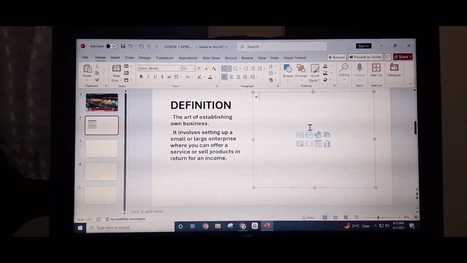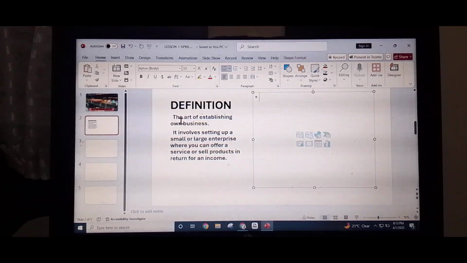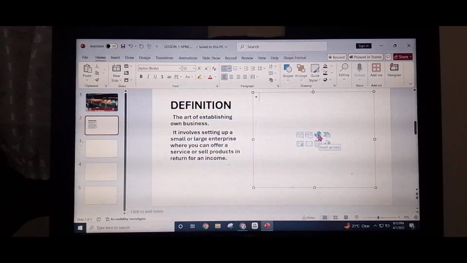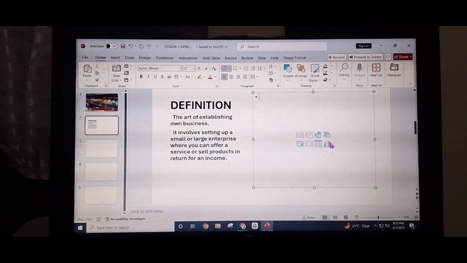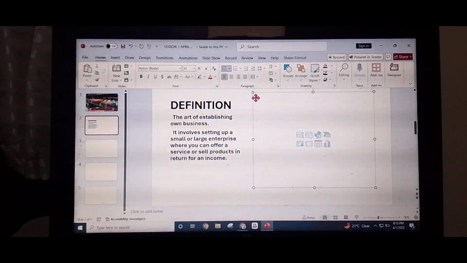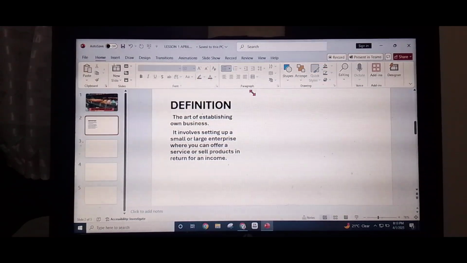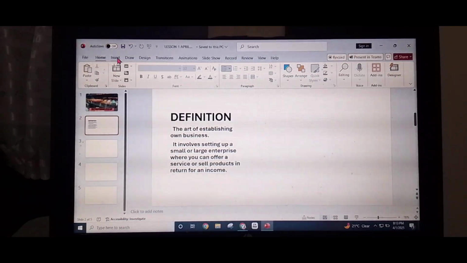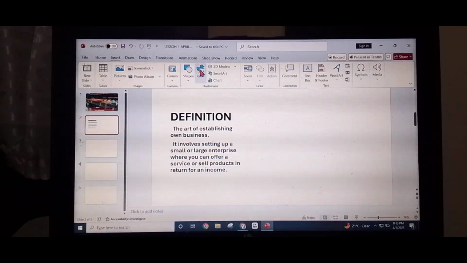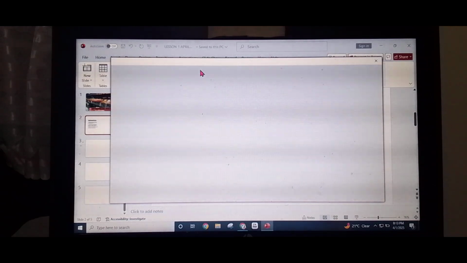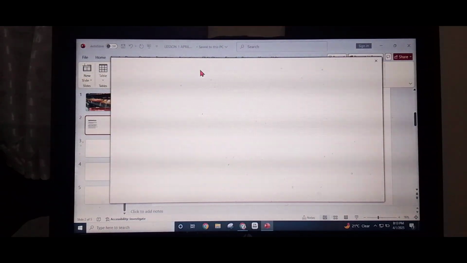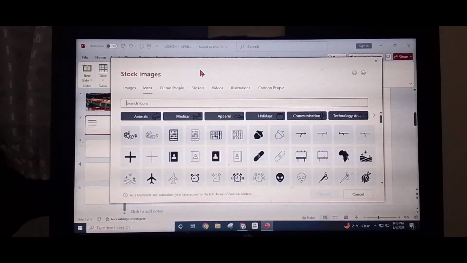So next I need to insert a picture that shows somebody carrying out entrepreneurship. So I'll click on these pictures. You have different pictures and icons. For now we can try icon. In case you didn't have these options, let me delete it so that you can see how you will insert an icon. You'll just click insert, then you come to icons. Icons, you'll go to the option for business. Then at the business section, you can get